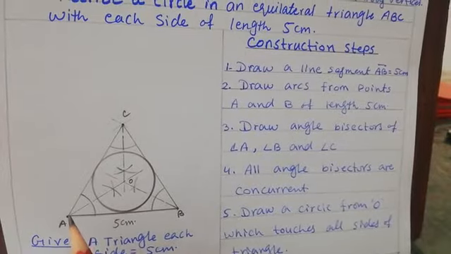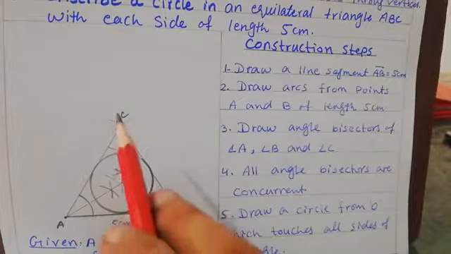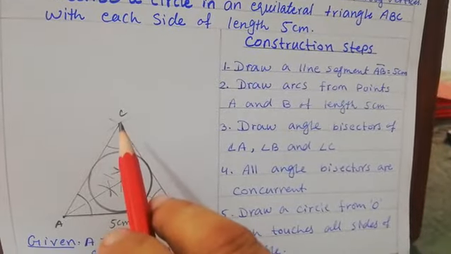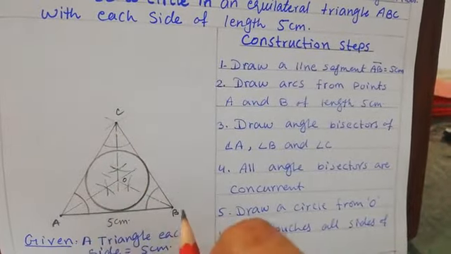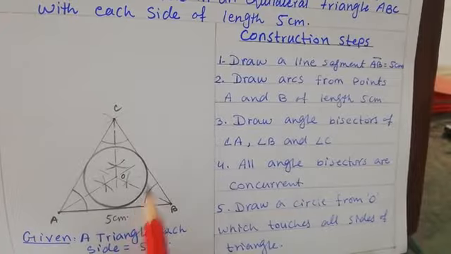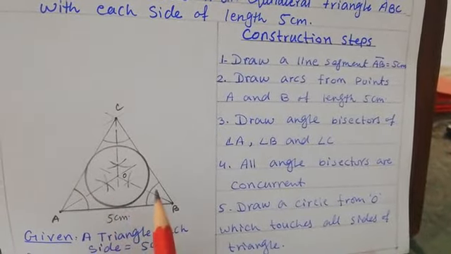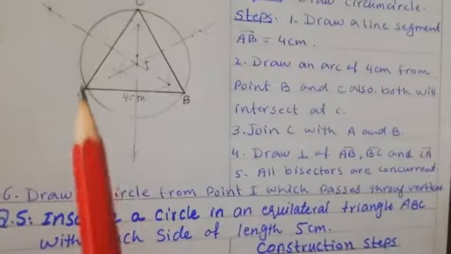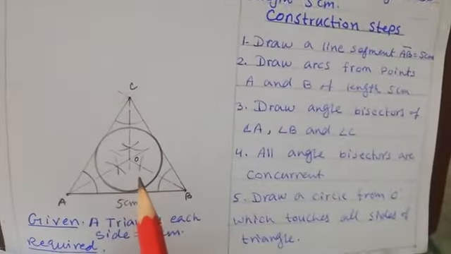cm length, and then fix the compass at point A and draw an arc, then fix your compass at point B and draw another arc. Both arcs intersect with each other at point C. Join C with A and with B, and this is the equilateral triangle, means all its sides are equal in measurement. After that, now we will draw the angle bisector. In our previous question we drew the side bisector, and now here we will draw angle bisectors.